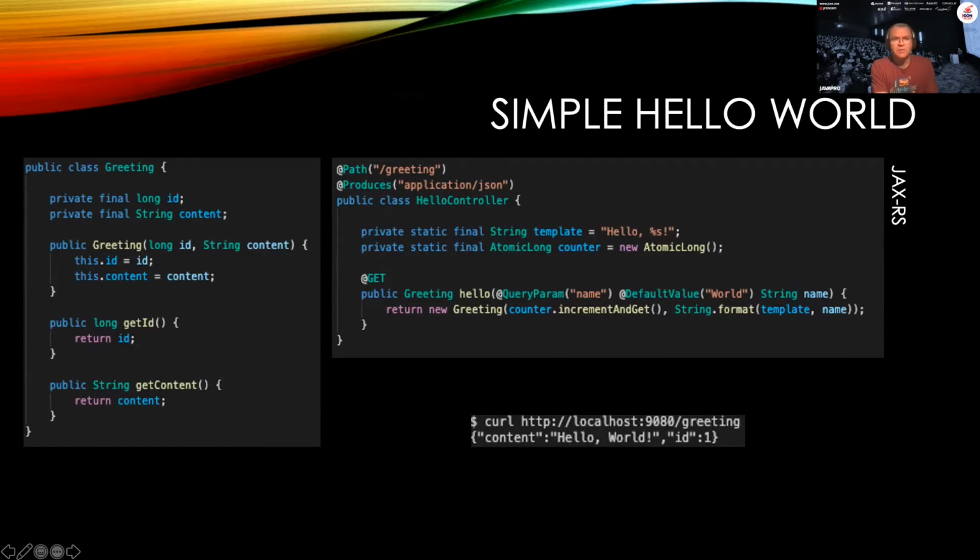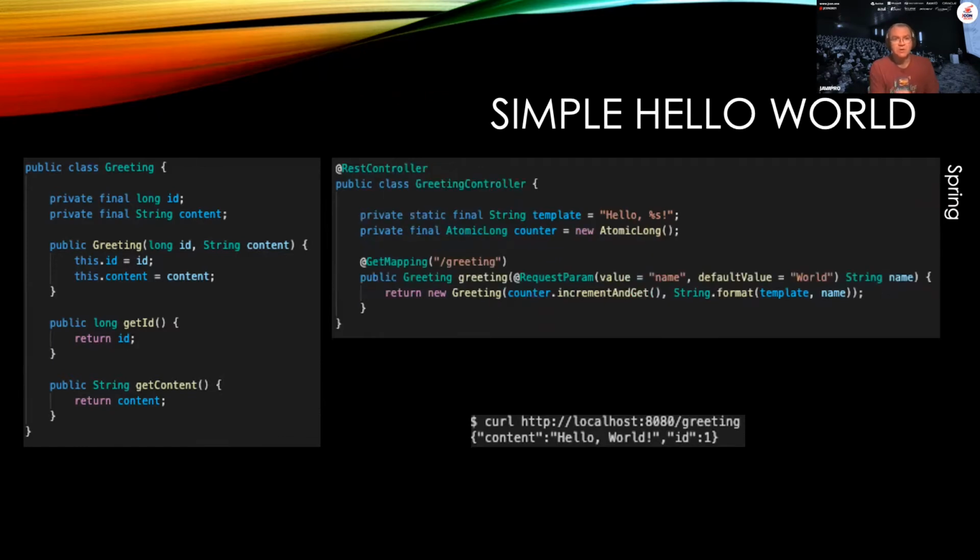So very simple. This is what it looks like in Spring. So the POJO is the same, but what we have over here is a REST controller annotation. We have our get mapping with our path down here on the get method, and it does basically the same thing. It simply returns a greeting object. It returns the POJO, and the framework converts that POJO into JSON, just like JAX-RS. It's very similar. So we get the same results when we run this on our localhost environment.